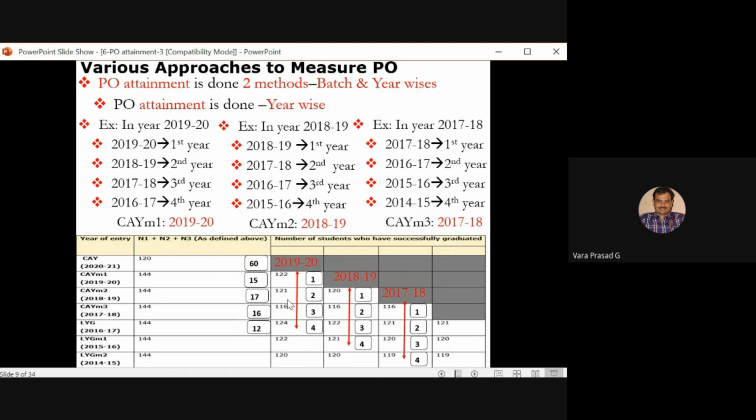So you are taking different sets of students, different regulations while calculating the PO attainment value. Sometimes it is multiple regulations, multiple students, and the complexity increases. Now if your curriculum is well defined by considering the POs, then it is a very good approach. Like IITs, NITs, this approach is very good.